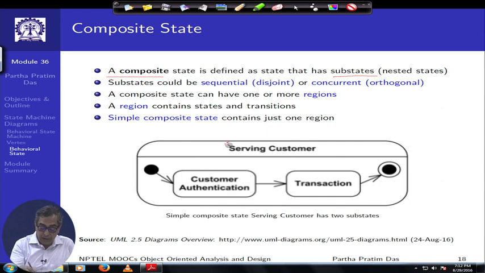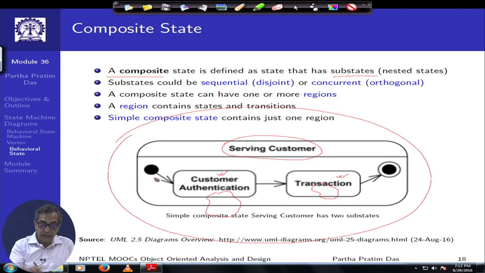So, here we are showing a composite state, which has a name, serving customer, and serving customer has a customer authentication state and a transaction state, and within that again a lot of things could be happening. But this as a whole is now a state where you say that this is where I enter and this is where I finally exit, and I have substates of customer authentication and doing the transaction, and